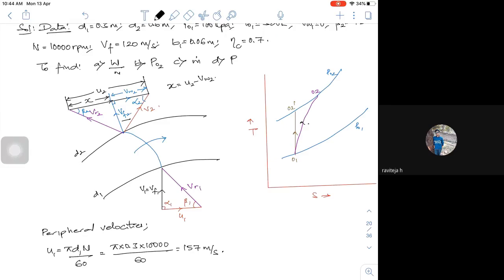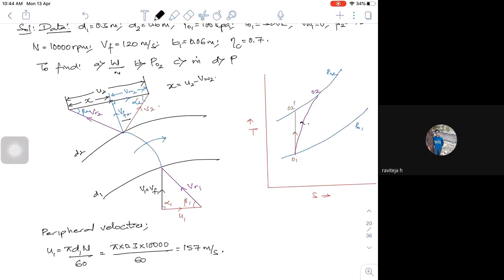And I have the next problem, the third problem, which I want you to try. Where beta 2 is equal to 90 degrees, what will happen if there is a slip condition? If there is a slip condition, what will happen? And you have to calculate the corresponding slip. Those things you have to find. That's the condition I have given in the third problem.